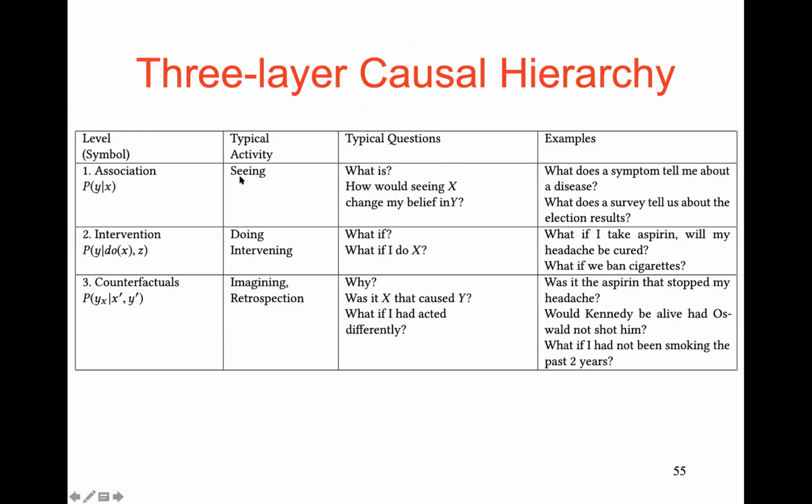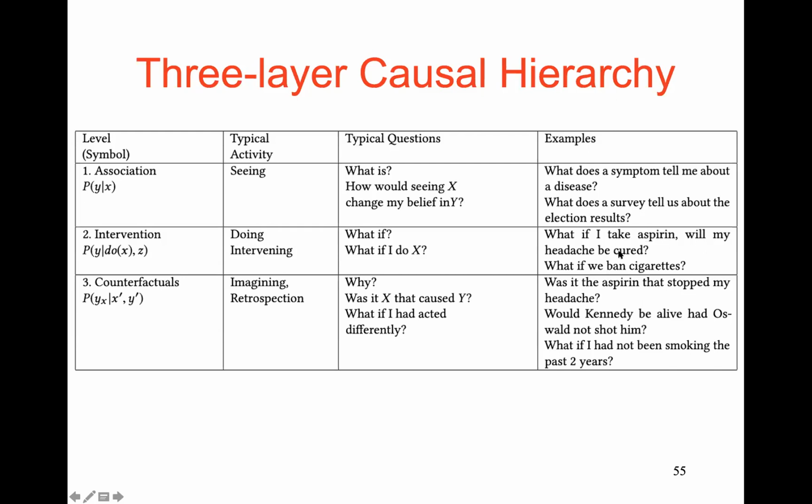Okay, this is again summarizing the three-level causal hierarchy. We have association, P of Y given X. This is standard deep learning. This is what it does, like predicting the class and things like that. Intervention is do of X, doing and intervening. This involves a different type of reasoning. It cannot be answered in every case, but in certain cases we can.